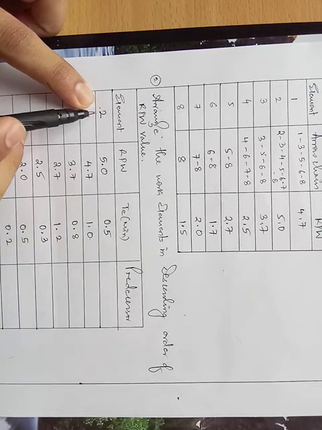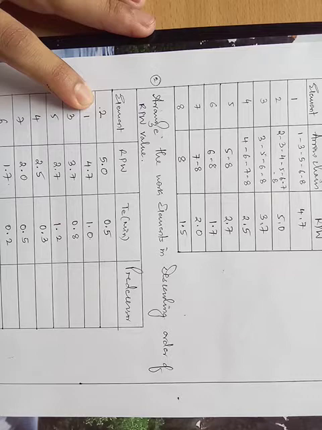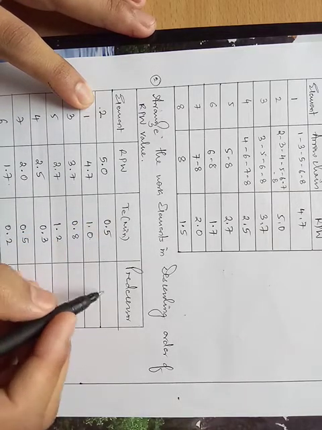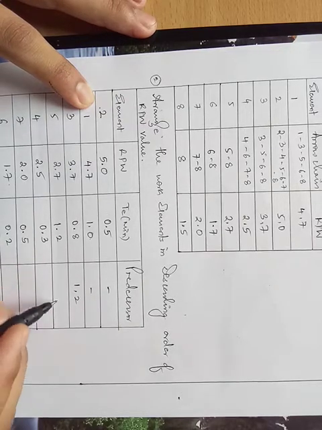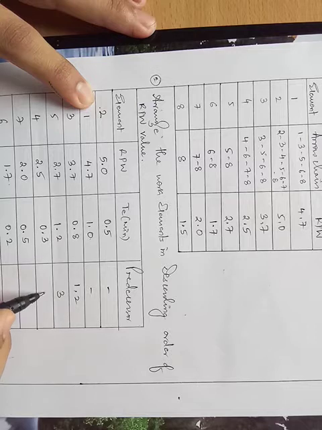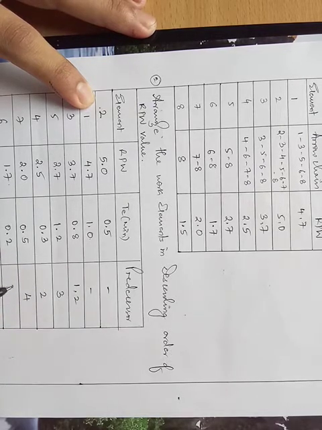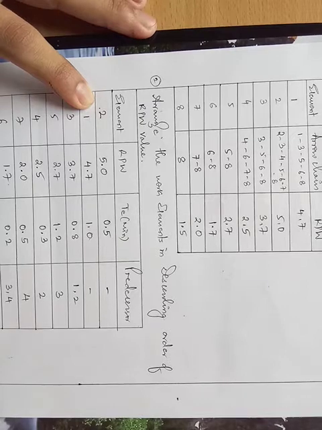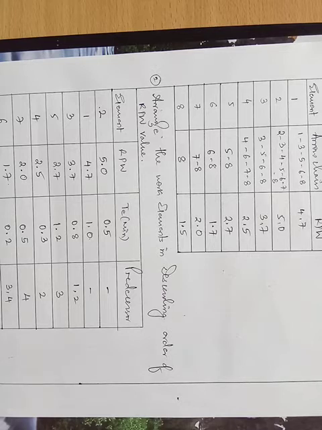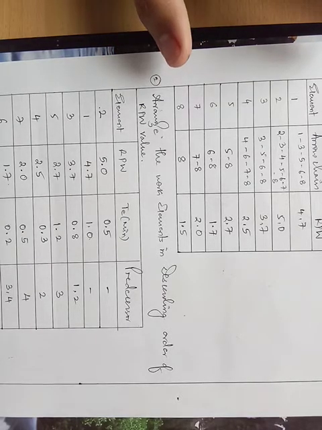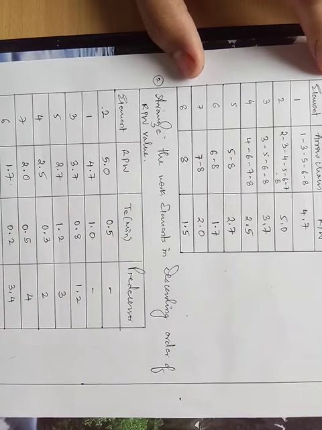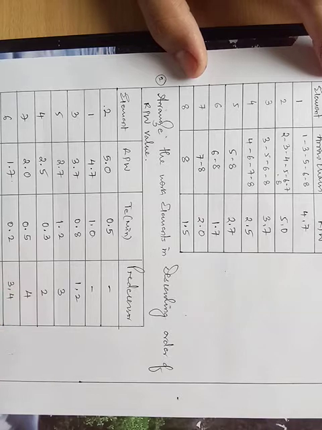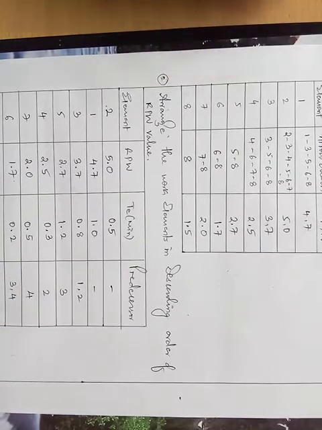So if you are writing it for the second element, pick up the work element time from the given data and write it here. Right, the same holds good for the predecessor values as well. So 1, 2, here you have 3, 2, 4, 3, 4, and for the 8th element it is 5, 6, 7. Right, so I have just rearranged whatever values I have calculated, then I have written the respective work element times and the predecessors, because these two are important for me in order to allocate the workstations.